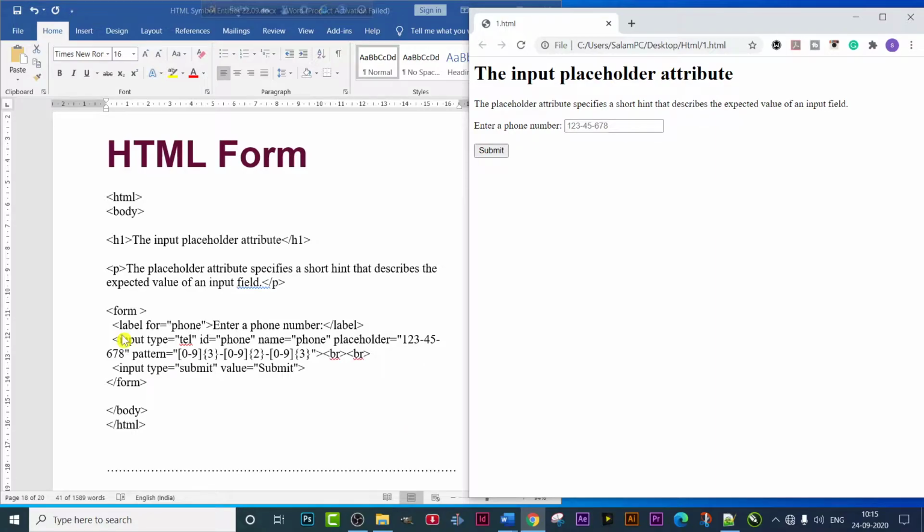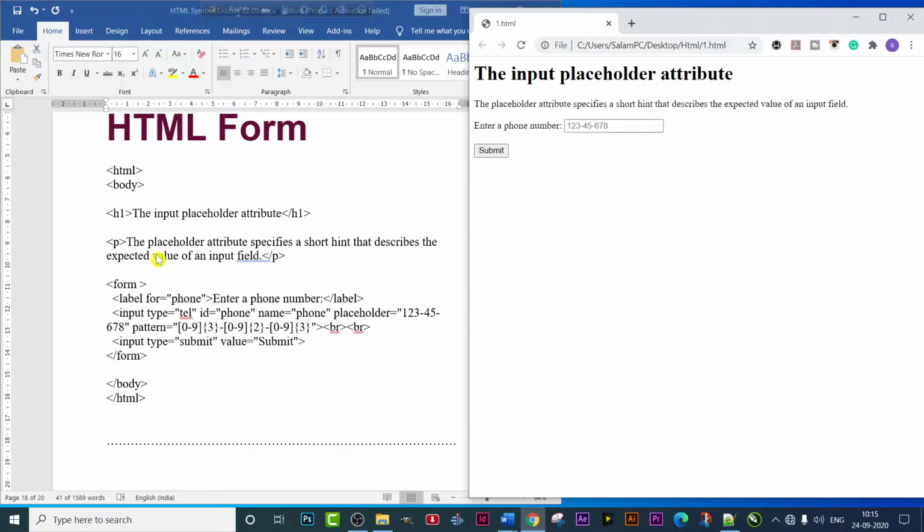As you can see, we have used the HTML tag, then the body tag. Under the body tag we used a heading tag. Then we have used a small para, by the help of the para tag. Then comes the main thing, that is a form tag or form element.